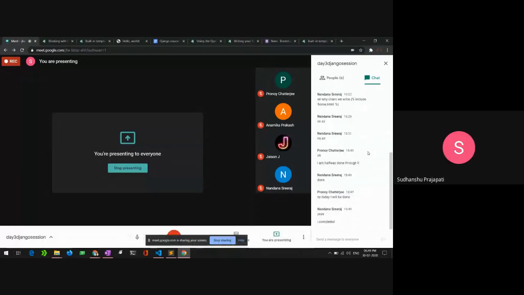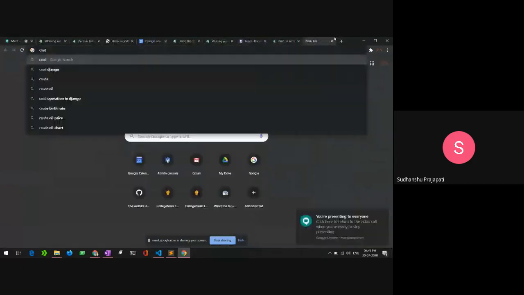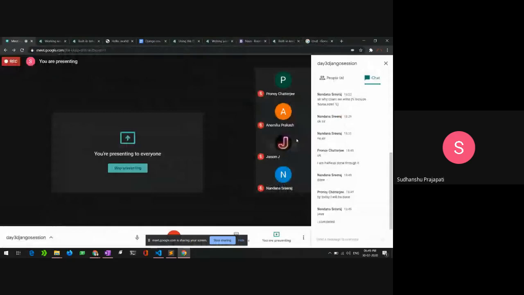I need you guys to complete all the things that we did on the front and back, the mudguards, today, so that we can move on to the next part, that is getting the data, entering the data, deleting the data. That is called a CRUD view: create, read, update, and delete. That is what we will do in the upcoming session, how you can actually create and read.